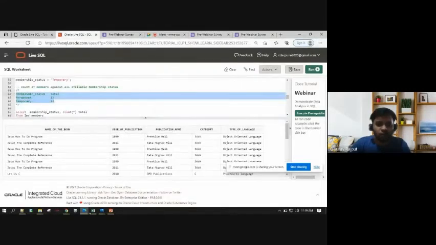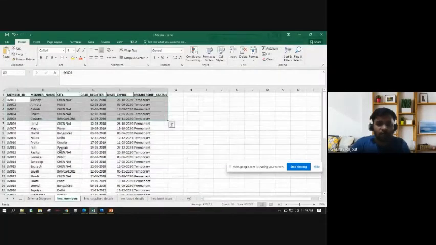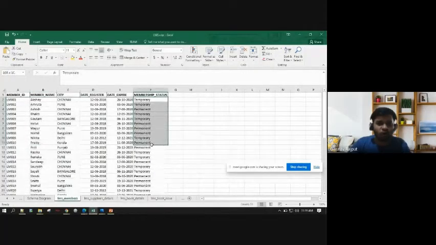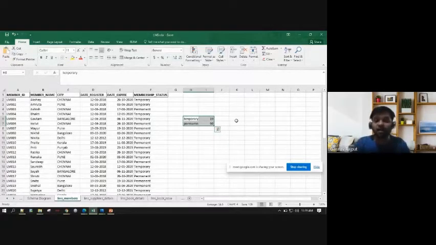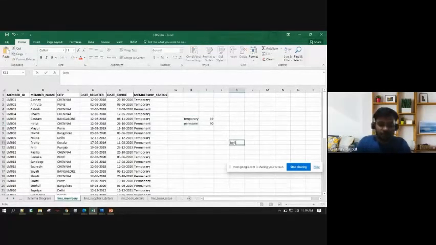So I have all the members with me, right? They either are temporary or are permanent. What do I need? I need a count which says that temporary, some 12 or 19 people, permanent, some 20 people. I need this output as a report so that I can feed it to my data visualization, and maybe a bar chart will come up with temporary at the base, a bar denoting 19, and permanent a higher bar. So a lower bar and a higher bar, something of that sort.